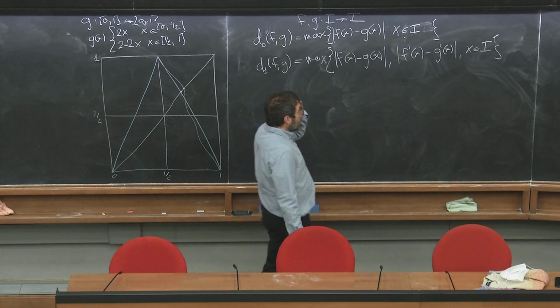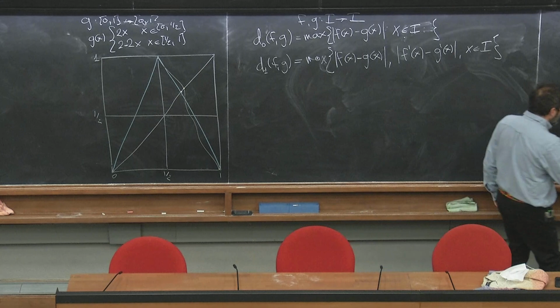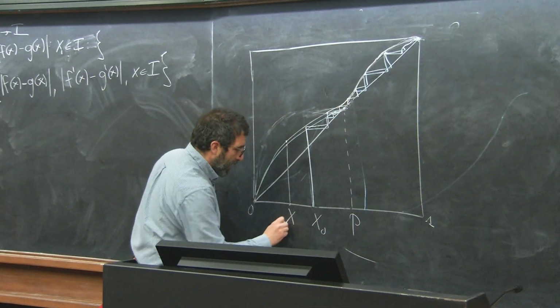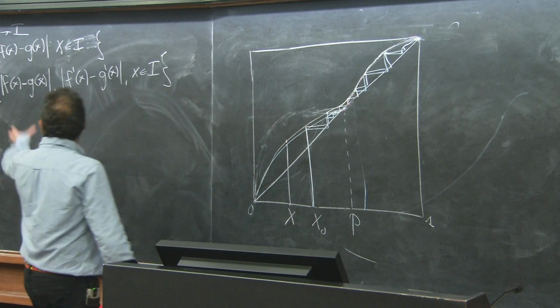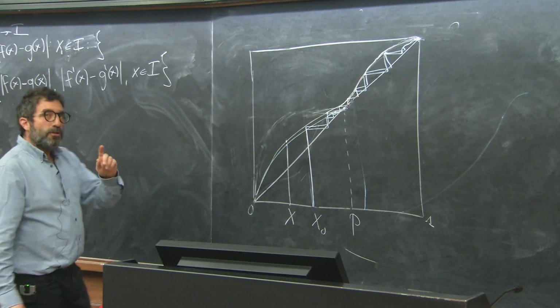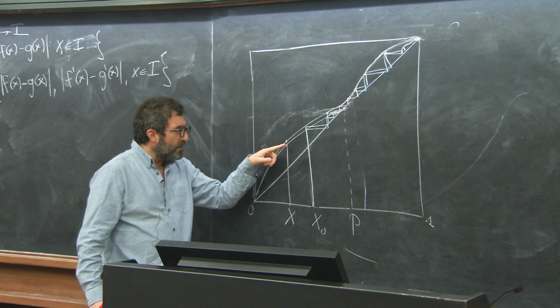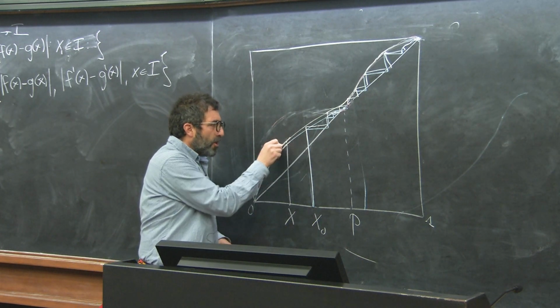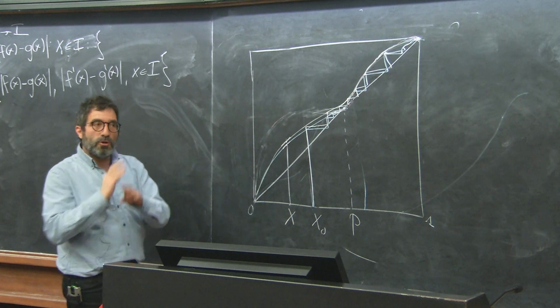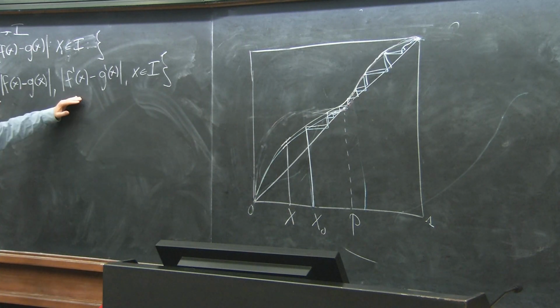So this means that now you look at each point x, and you look at the distance between the graphs, and you plug it here. And then you look at the distance between the derivatives. This one has a certain derivative, this other one has a certain derivative. You look at how close the derivatives are, and you plug it in here, and you take the maximum of these. And then you can define in the same way the C2 distance between f and g